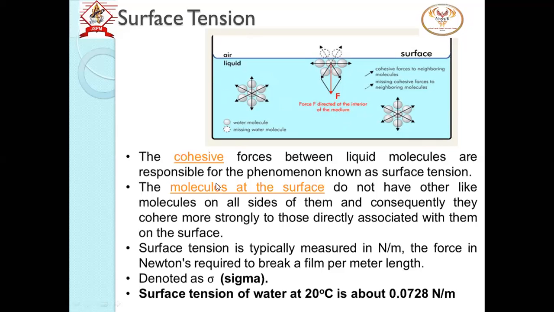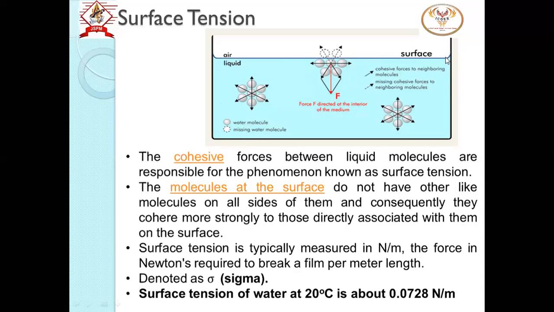Now, what is surface tension? Surface tension, as per the definition, is nothing but a tension. Tension is nothing but a tensile force on the surface. So this is a liquid surface, and on this surface there is a tensile force present. It is tensile in nature. Now, how is this a tensile force? Because of the surface molecules. So the force F is the force which will pull the surface molecule in the downward direction, right? And the resultant will be a tensile force.